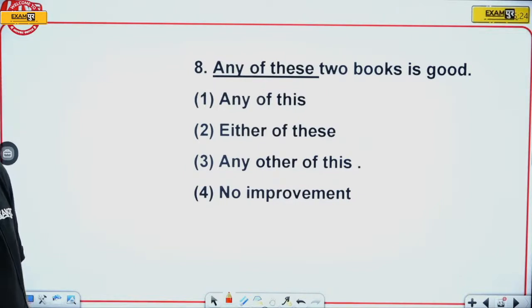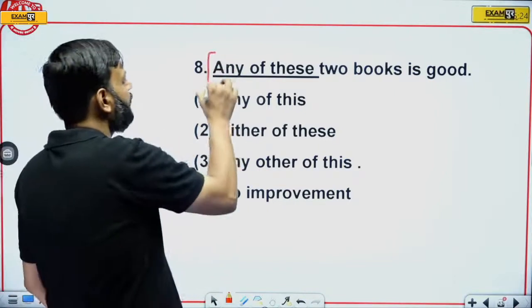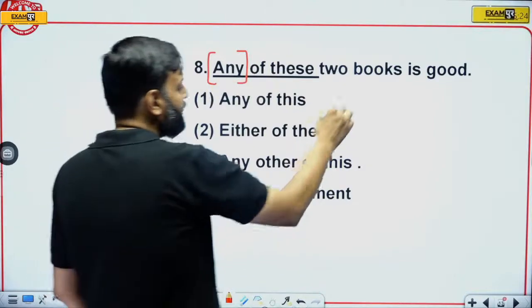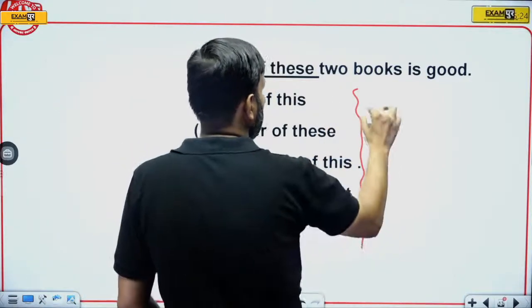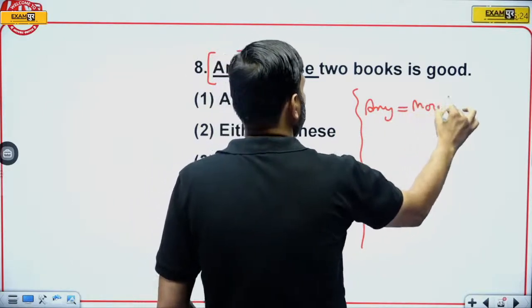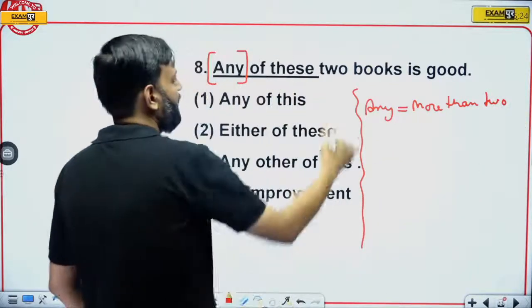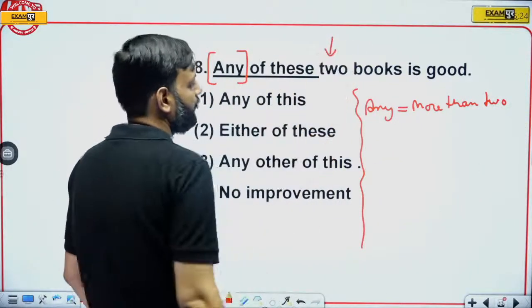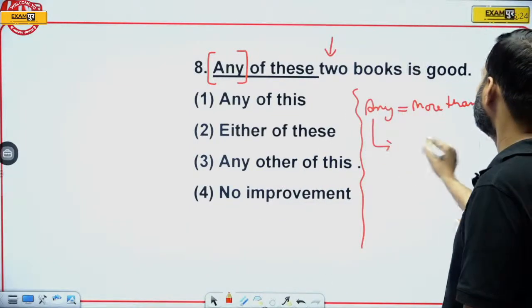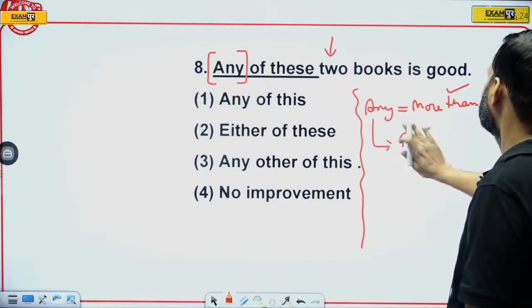What is the error in this sentence? See, here we have the word any. Now, any is used when there are more than 2 things. But as we can see here, we have only 2. So any is used for more than 2. It is not used for